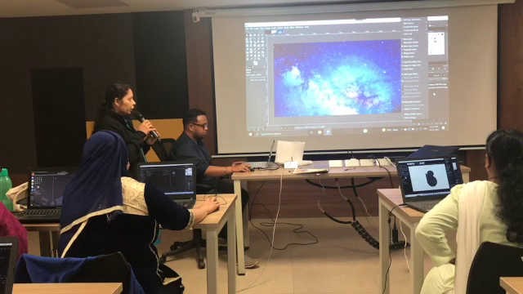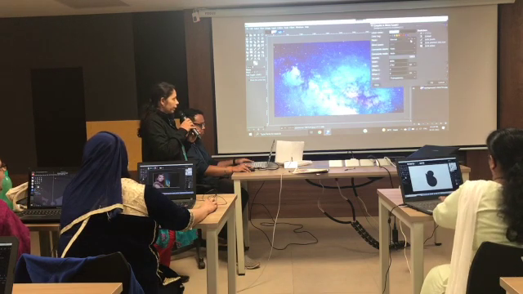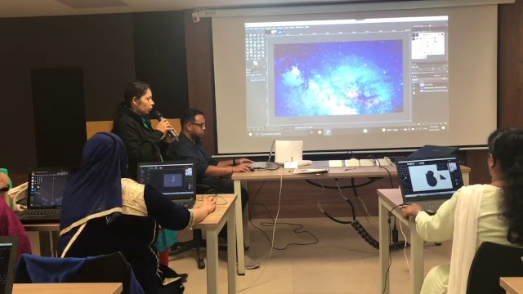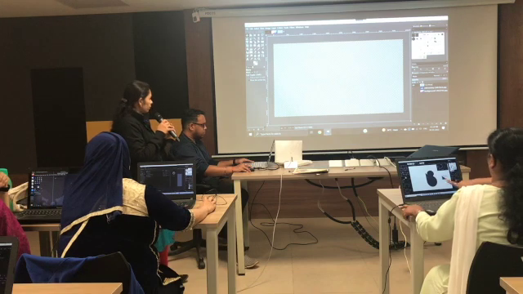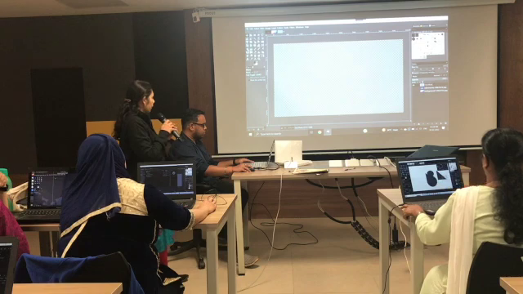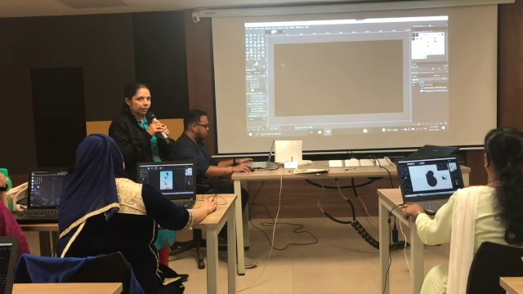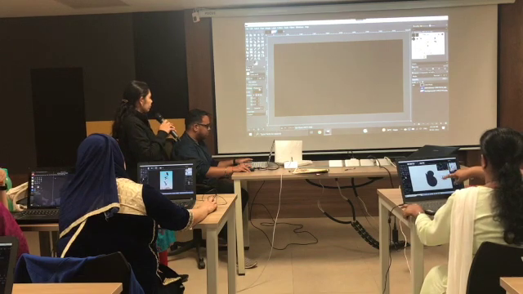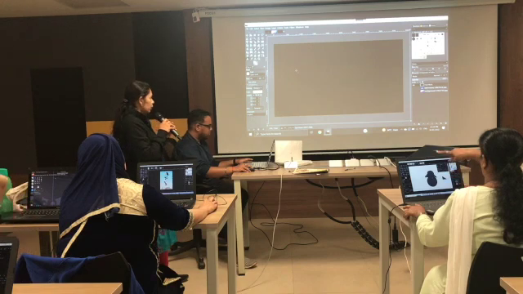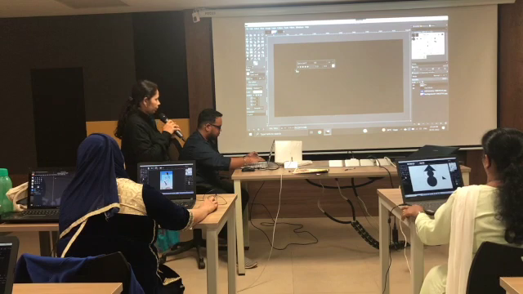For that we need to take one new layer and hide both the layers. Now select the text tool, fill it with black color and type text in that with white color. So background will be black and text color will be white.